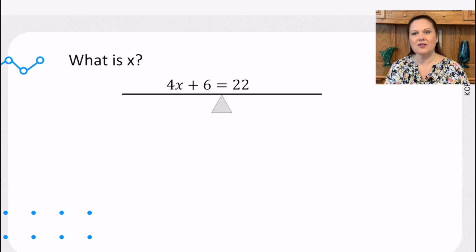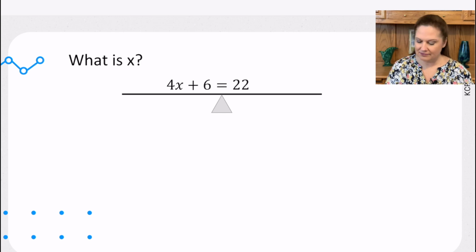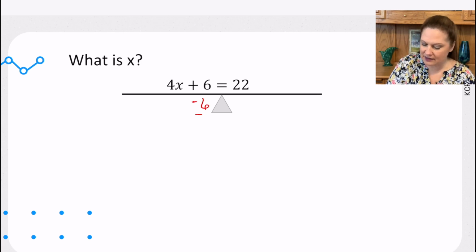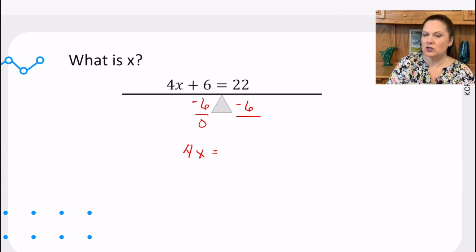Let's take a look at another one. So 4x plus 6 is equal to 24. Give you a quick second. What's the last thing in order of operations? Ah, yeah, addition and subtraction. So notice here we have adding 6. What's its opposite? Yep, you got it, subtracting 6. So we're going to subtract 6 on this side. So now we have 4x is equal to,